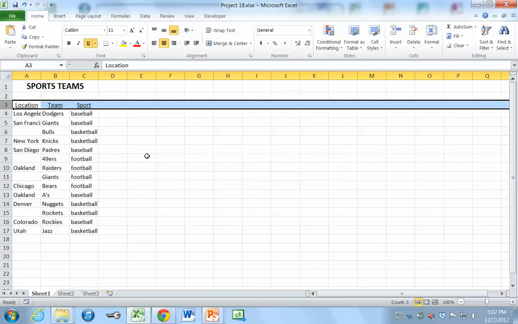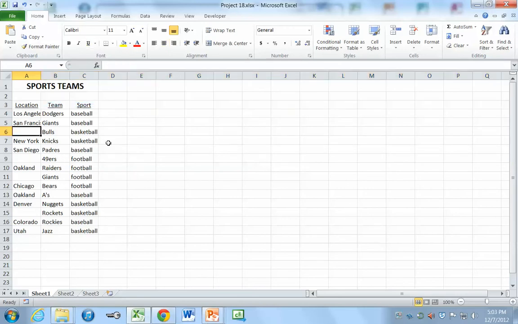Now we are missing some of our sports teams, so you need to use the internet to find the city that those sports teams are located in. If you use Google to search for those, you'll see that the Bulls are in Chicago, the 49ers are in San Francisco,